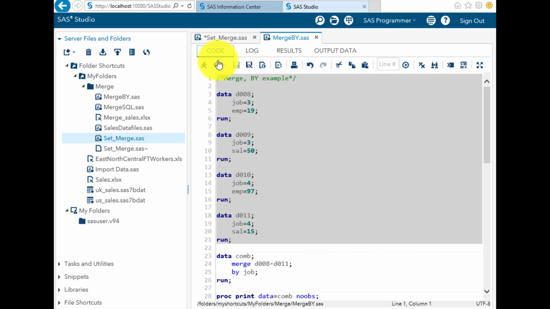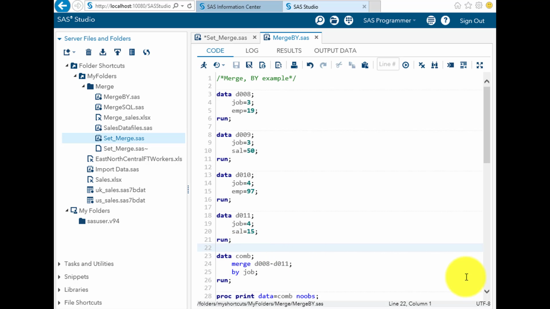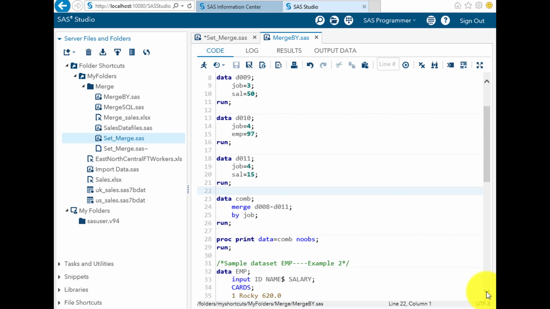Okay, now let's see how the merge would work. Since the column job is common in all the four data sets, we can use that particular column as our ID. So the syntax for this is data, the name of the data set, then we'll be using the merge statement, then we'll be specifying the name of the data sets that need to be merged.